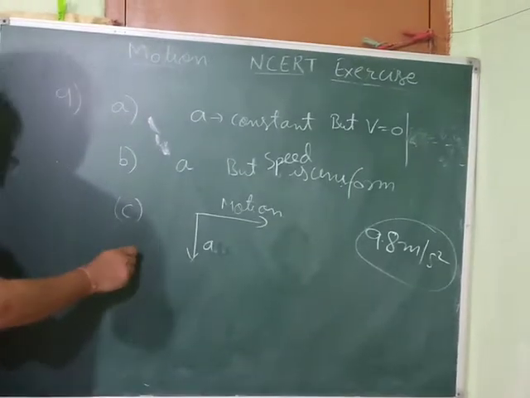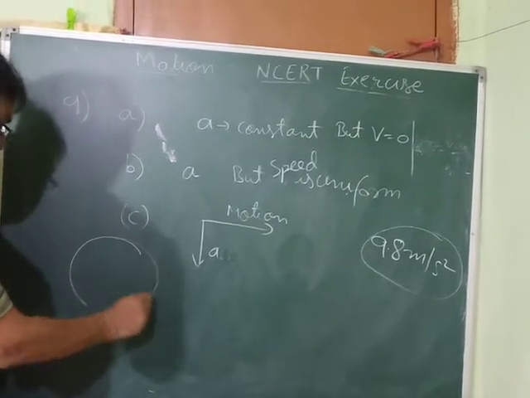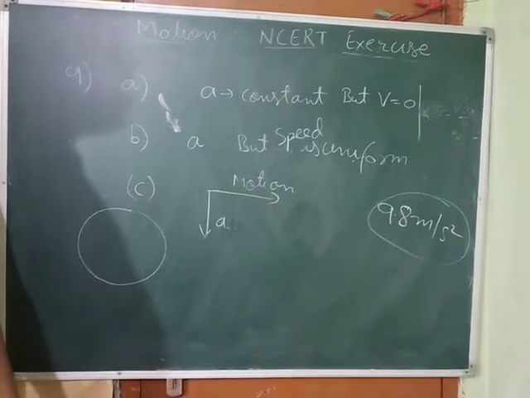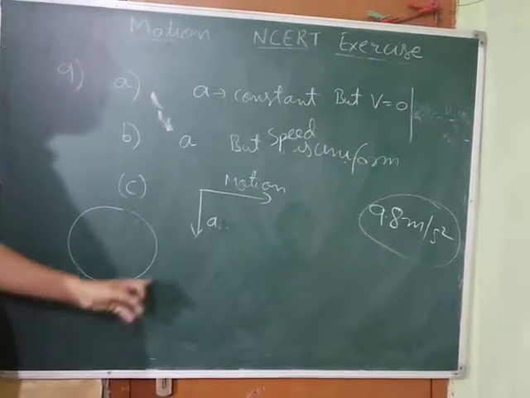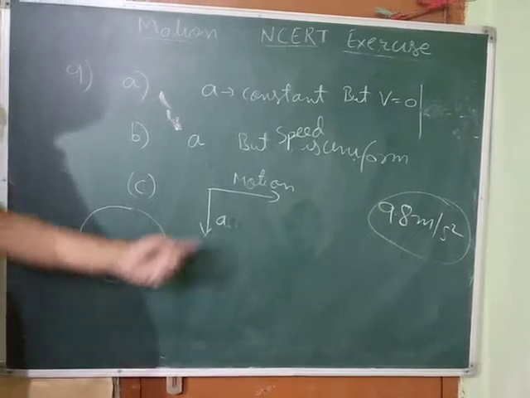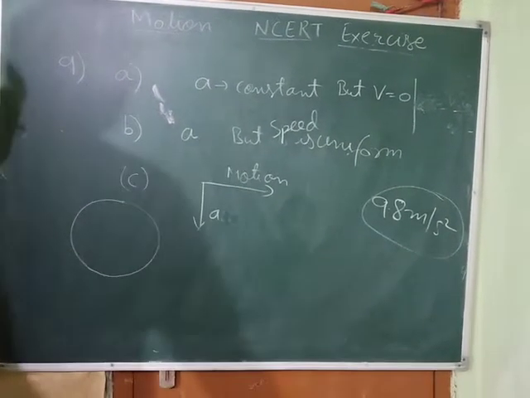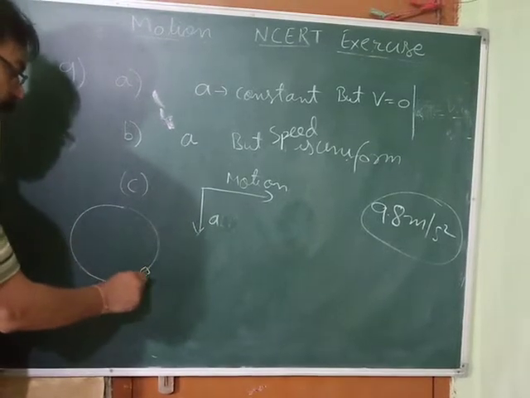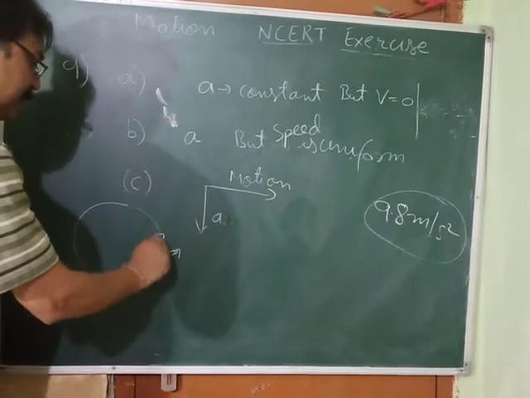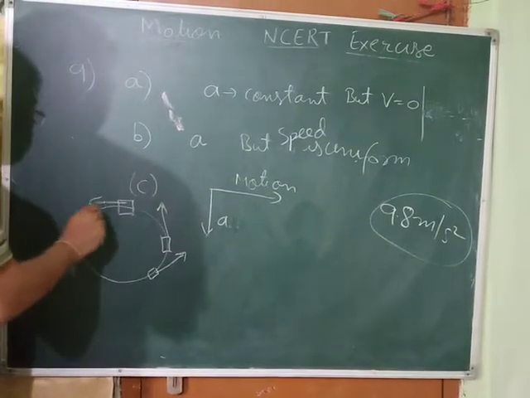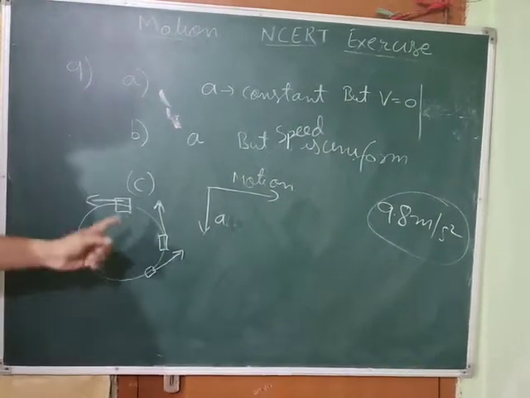We have already discussed circular motion, no? In circular motion, what have I told you? What is uniform circular motion? When a body is moving on a circular path with constant speed. So it is moving with constant speed, meaning uniform speed. But what happens to its direction? At every moment its direction is changing, although speed is uniform. But what about velocity? Velocity is changing due to change in direction.